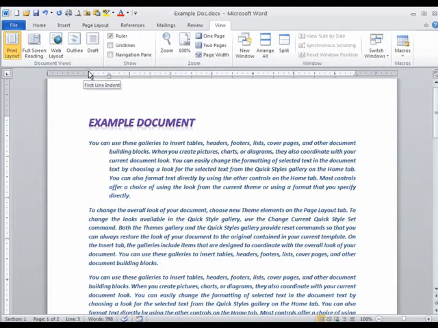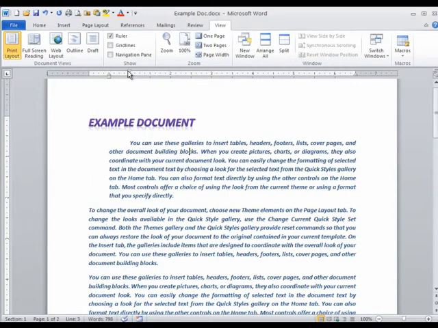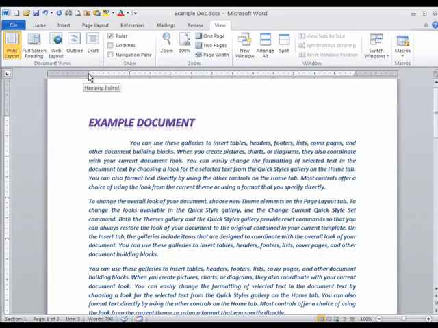these markers, the one here labeled First Line Indent, as I drag this particular marker, so goes the first line of my paragraph, as I've now moved the first line of the paragraph 1 inch from the left margin into this document. If I drag the lower marker to the left, the hanging indentation marker, all of the text besides the first line in that paragraph will now move to the left so as to be lined up with the